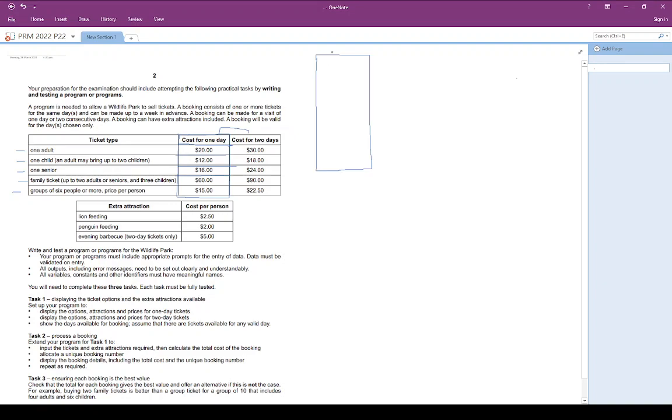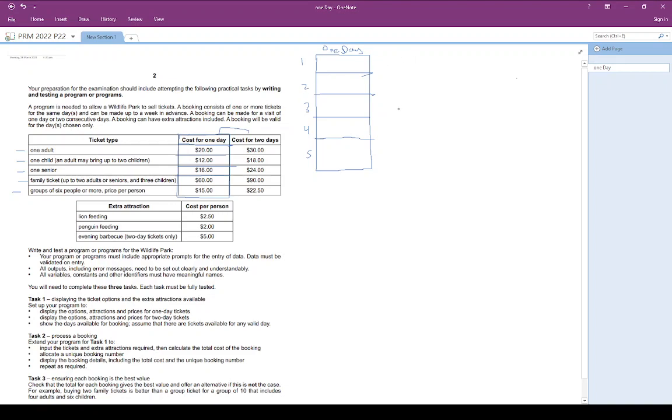So we can store 1 array for the prices for 1 day. And each of these elements would correspond to each of the prices. Now, one thing we should keep in mind here is that whenever we're talking about the indexes, they will specifically correspond to a certain ticket type. For instance,